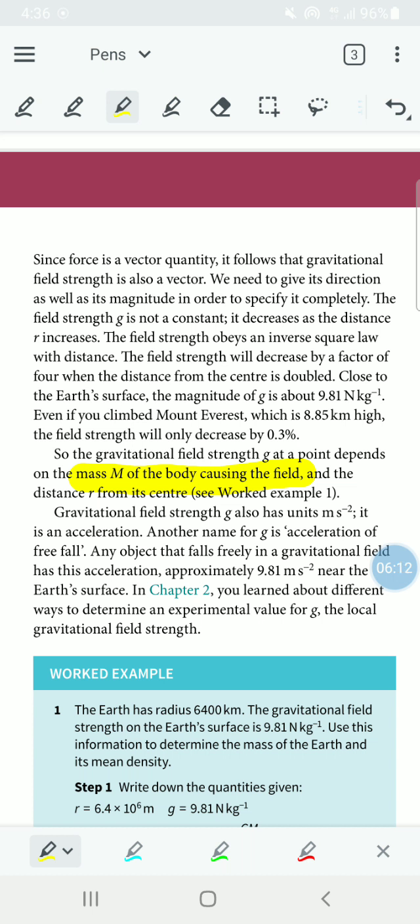Gravitational field strength also has units m s^-2, that is the acceleration. Another name for g is acceleration of free fall. Any object that falls freely in a gravitational field has this acceleration, approximately 9.8 meters per second squared near the Earth's surface. Right? So we know how to use this g in different circumstances, and the acceleration in free fall,